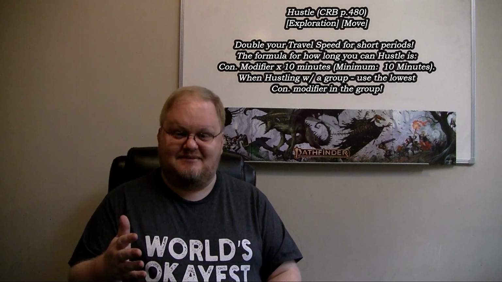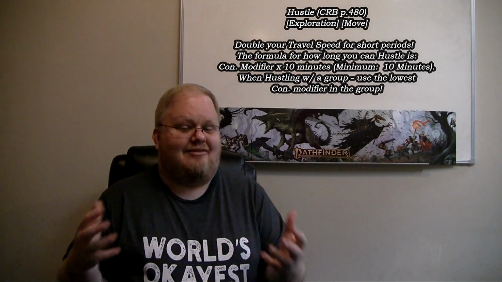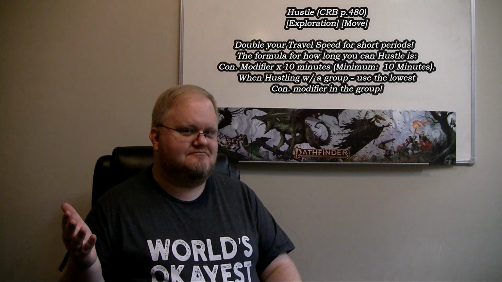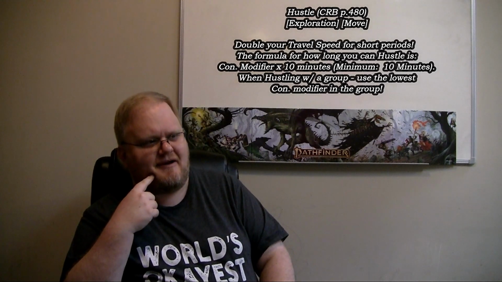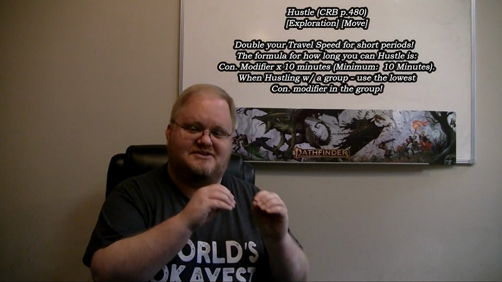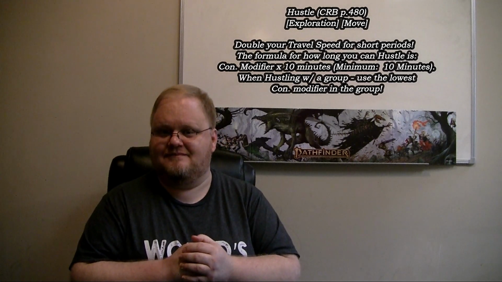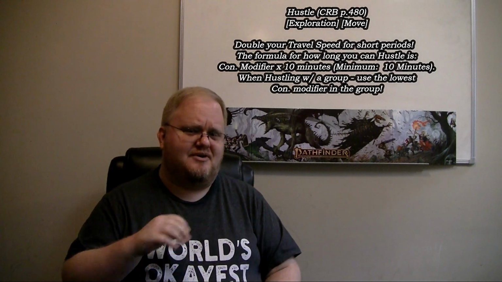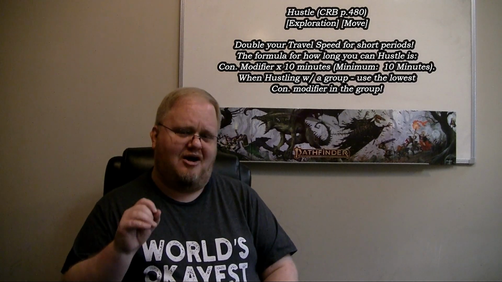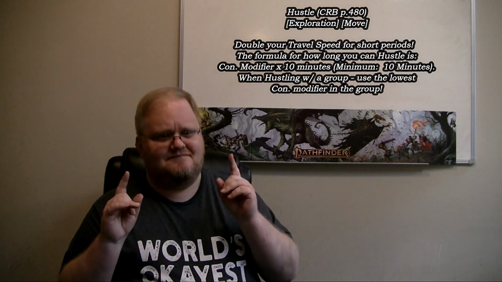By the way, if you put that same character with a con mod of +2 in a group of characters who had a lot more stamina, say maybe a halfling thief with a group of dwarves, man, who could I be ripping off there? The entire group would use that con modifier of +2 when determining how long they could use the hustle activity. Also, the book does note that the hustle activity has the move trait. I imagine this will almost never be relevant since this is outside of encounter mode play, but it does technically